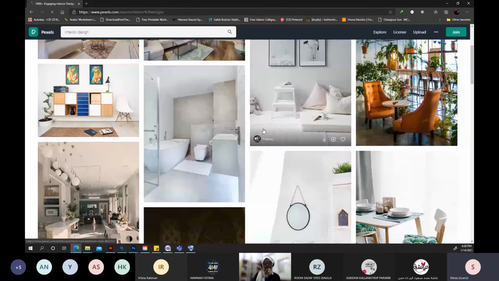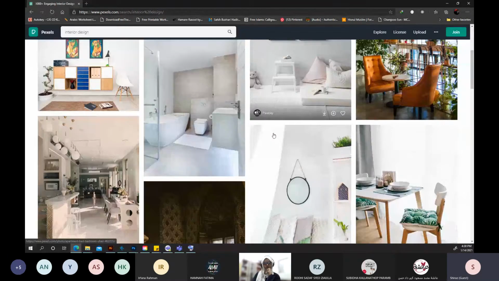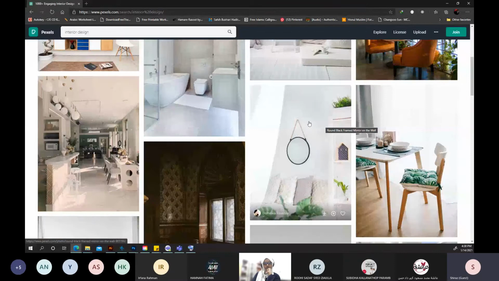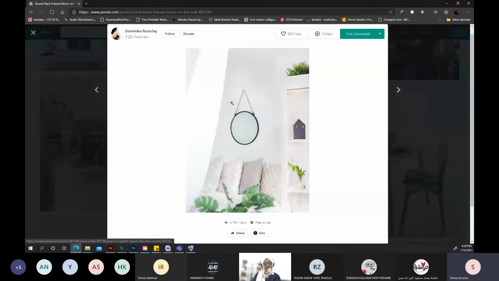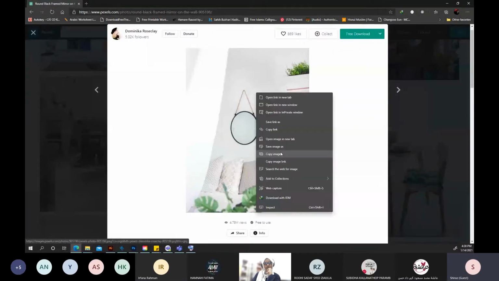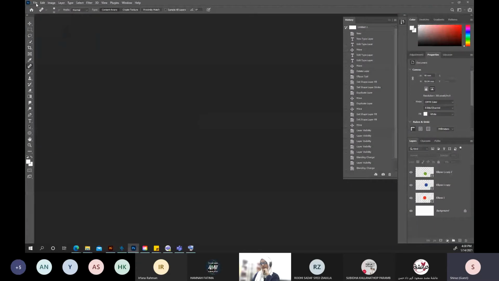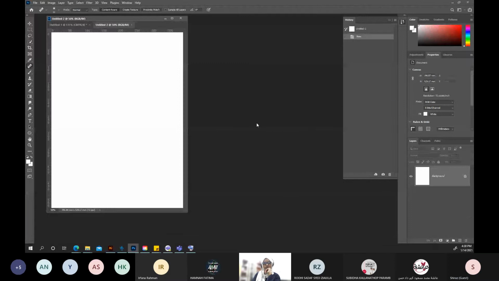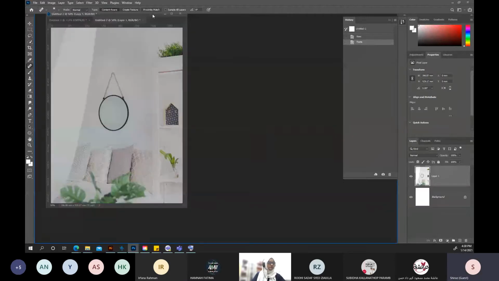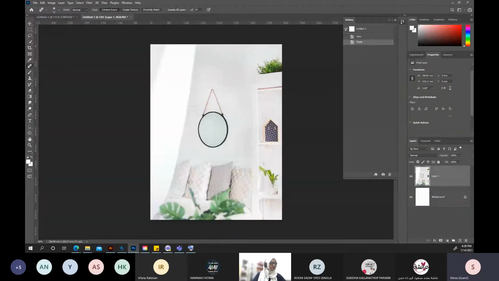Okay, so we will take something easy. Just say I want to remove this something hanging there, a mirror. I think I want to remove that from the wall. So I take that